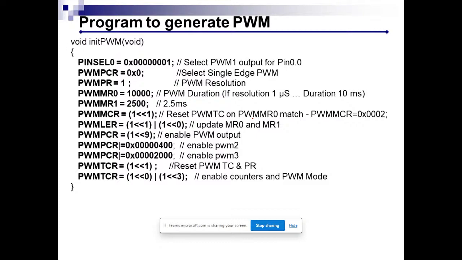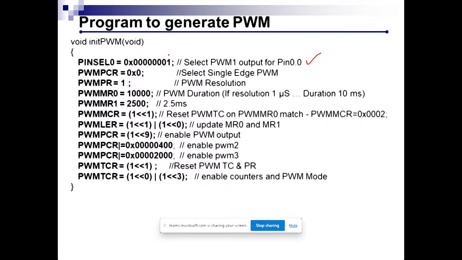This is a typical program to generate the PWM waveform, pulse width modulation waveform. Is it visible to all? Yes, sir. Okay, fine. So this will basically initialize the PWM. Whatever registers we have discussed in the PPT slide, some values are given here for all these registers. So for pin select, as I discussed, if you want to utilize a pin for a different purpose, then you have to use this pin select 0.